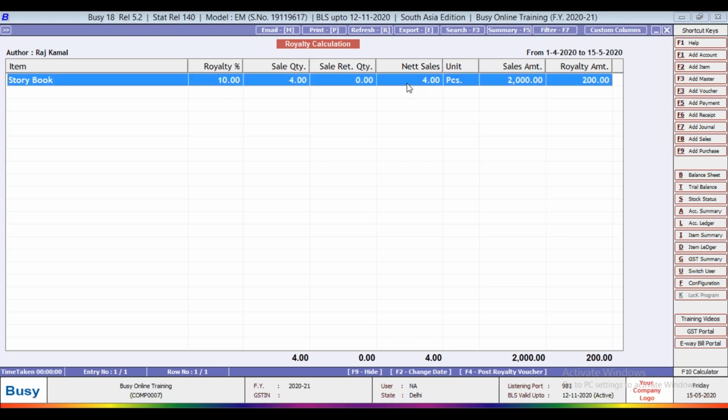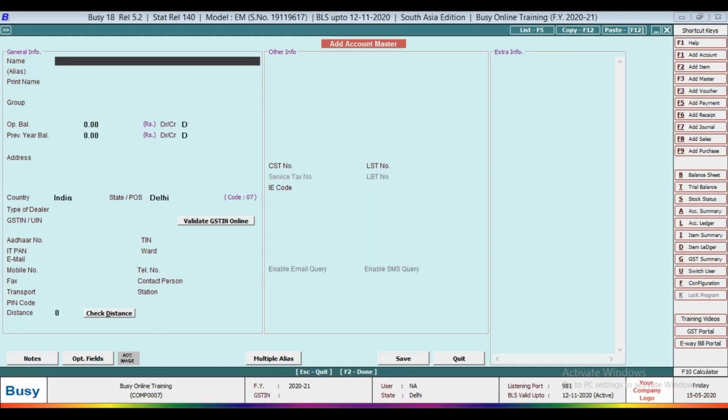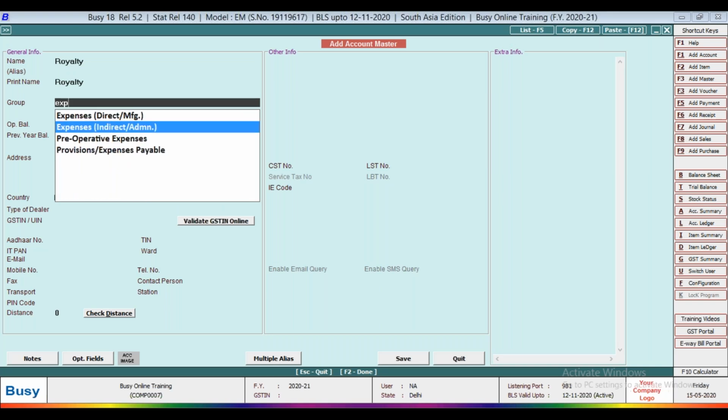So select this voucher by mouse and press F4 for posting the accounts. Create expense label like royalty as expense indirect.